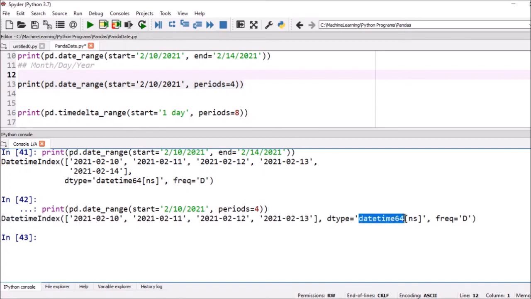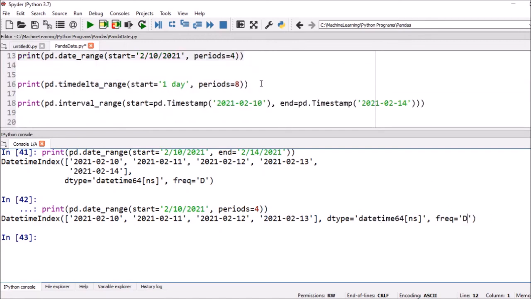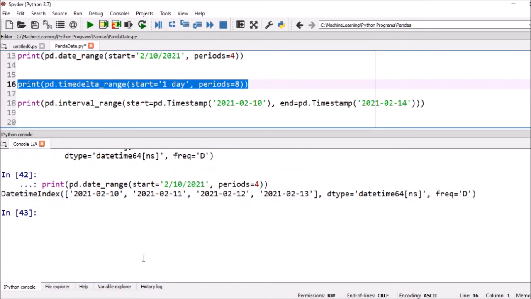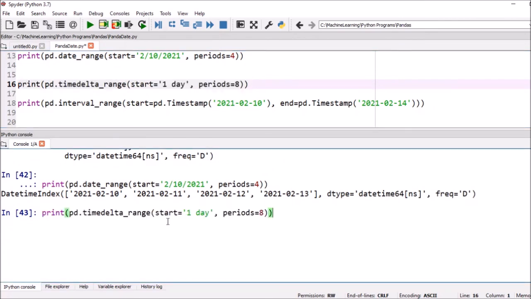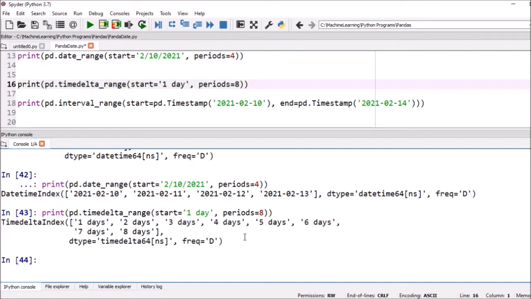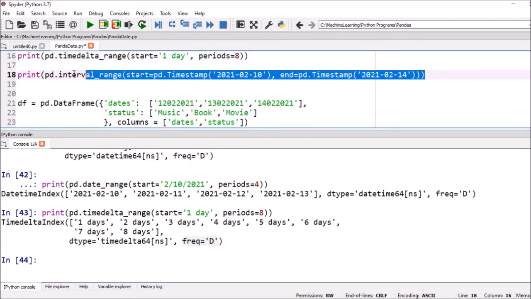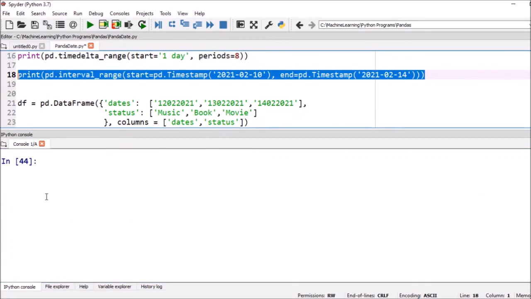The type is a datetime type. Frequency is D. Similarly, we can change the periods. So instead of periods 4, we can mention periods 8, starting with the first day. So this is the first day, second day, third day, fourth day, fifth day, sixth day, seventh day, eighth day. The frequency is D. Okay, next we'll see the example of interval range.